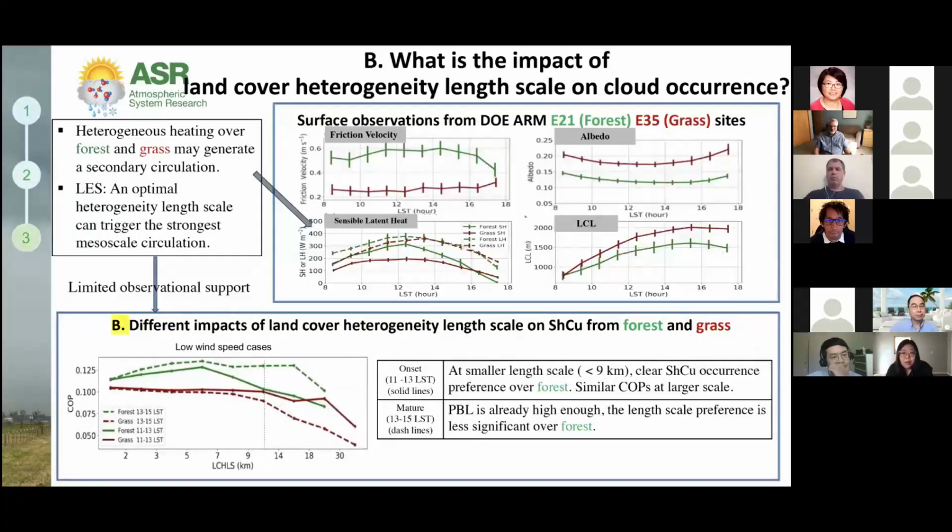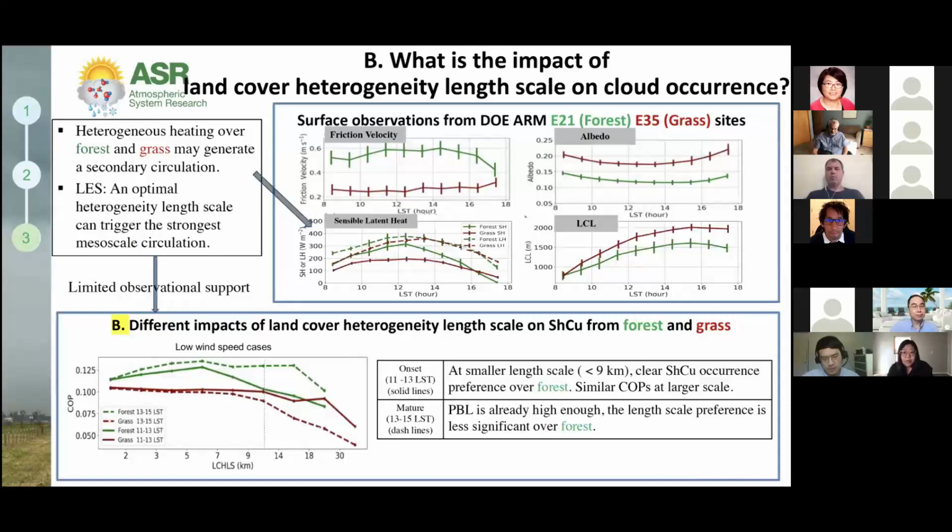For example, over the forest, the larger friction velocity indicates more efficient exchange between the land and atmosphere. And the lower albedo indicates a greater fraction of the incoming solar energy is partitioned into surface heating. Some larger sensible heating may serve as a major lifting mechanism for the growth of the PBL. The heterogeneous heating over the forest and the grass may generate a secondary circulation and also influence the formation of